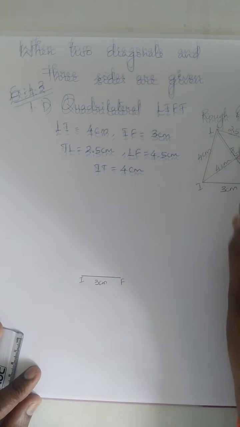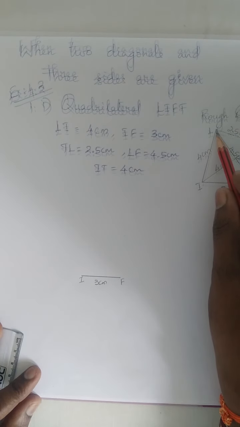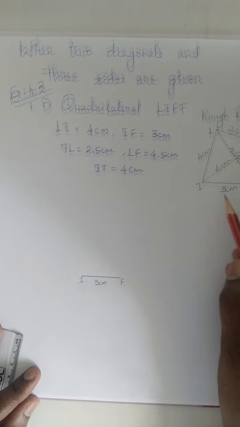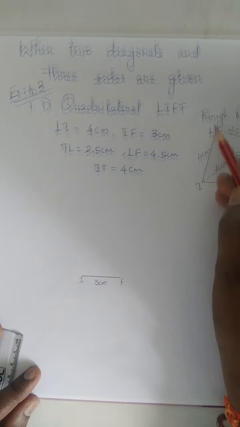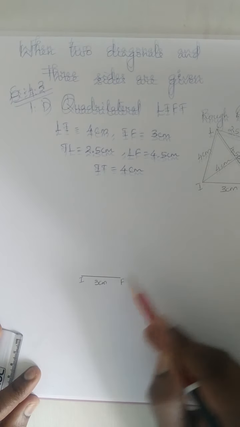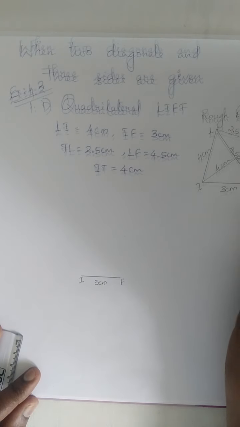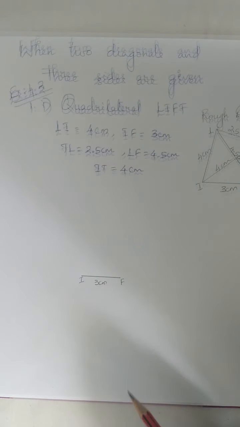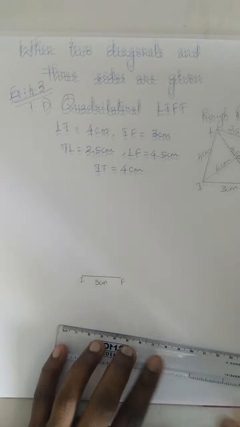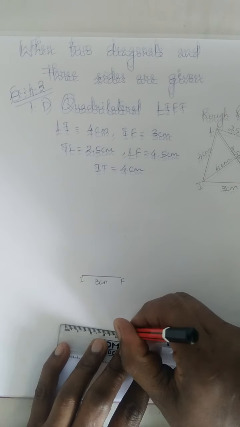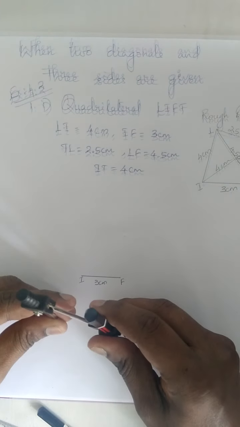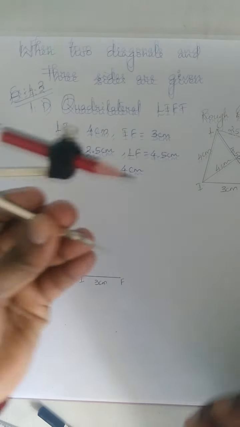So now triangle LIF. What is the next vertex we are going to draw? Vertex L. So from I 4 centimeter one arc, then from F, because to get the vertex L from I, are you having the measure or not? From I, because here we drew the line segment IF. From I 4 centimeter, then from F 4.5 centimeter. So let's measure 4 centimeter using compass. 0, 4, and take compass and measure this 4 centimeter.